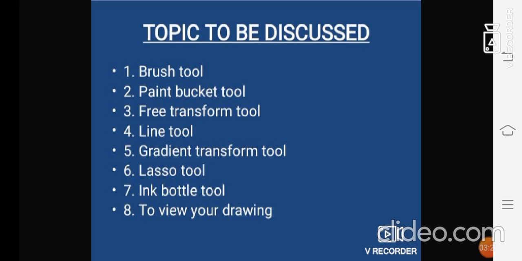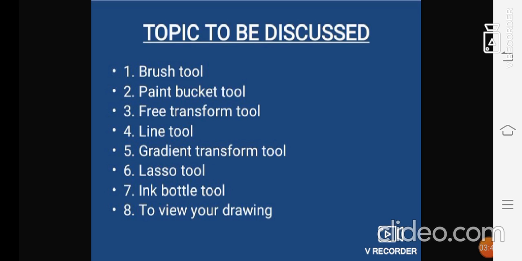What is the brush tool, students? A brush tool helps us to paint an area with brush strokes and draw, and depending upon the options that you select, we can choose any color. Whatever color you want, you can fill using the fill color option.